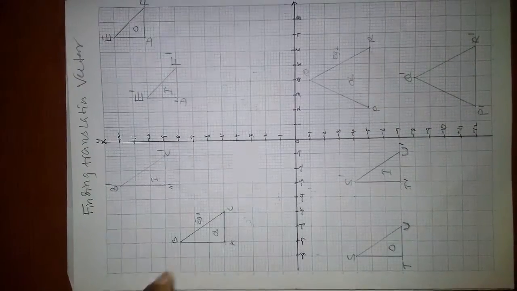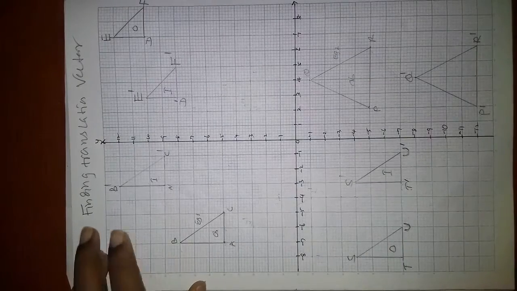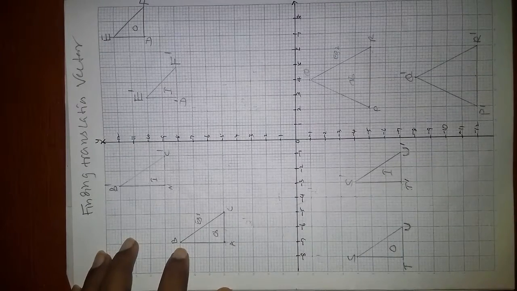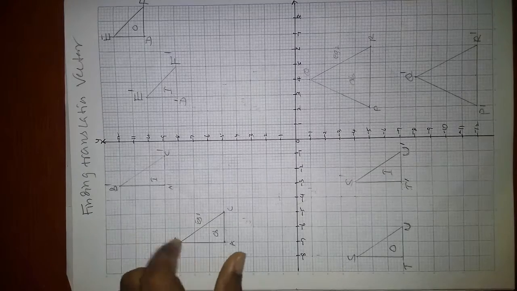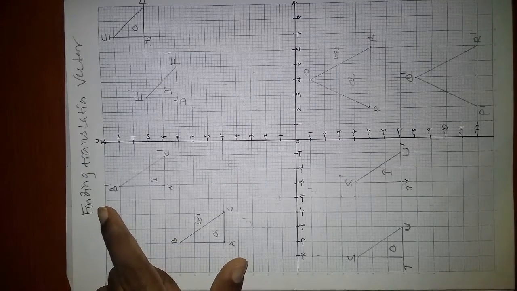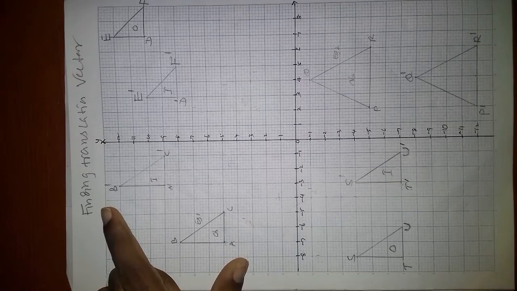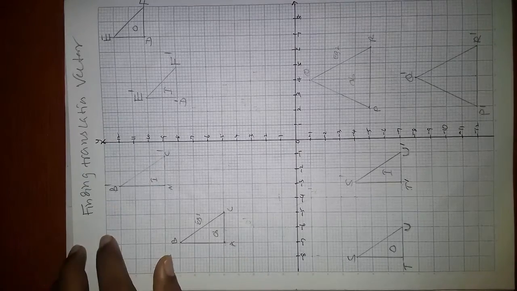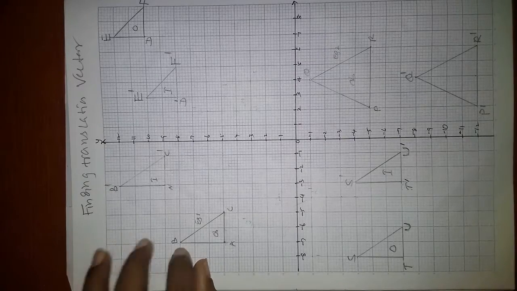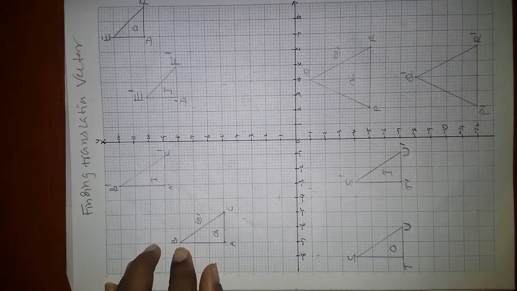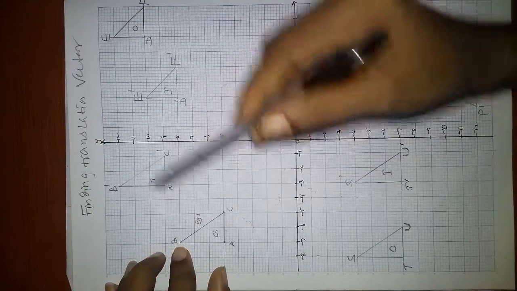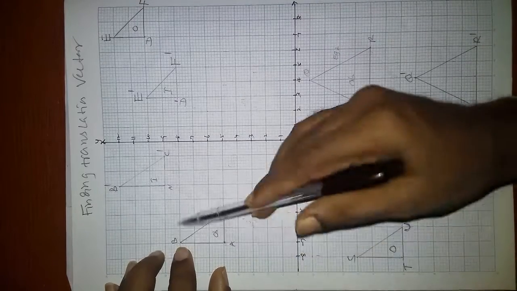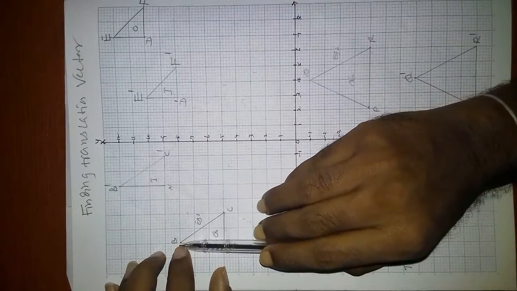By choosing a pair of corresponding object and image points, we try to find the horizontal movement and vertical movement that the object point takes to go to the image point. Then you put those two movements in column form and write the vector. So that is what you have to do here. Now we will take this pair of corresponding object and image points and start from the image point. Always start from the image point and go to the object point horizontally and vertically, like this.